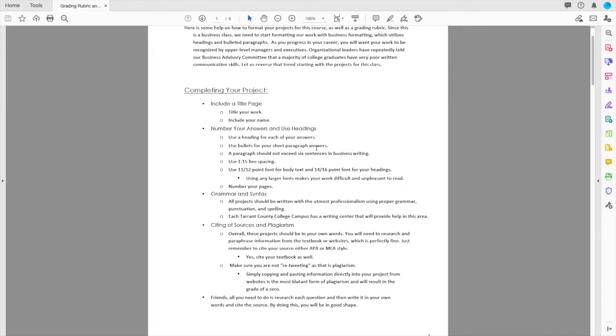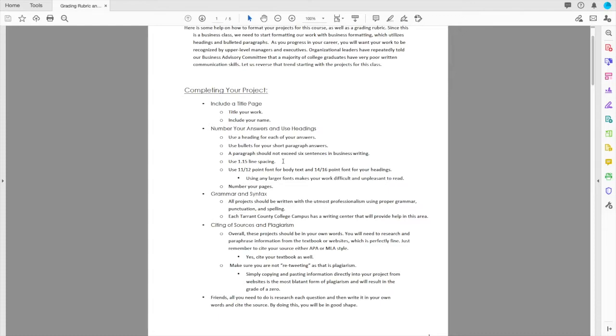We're trying to make it easy to read and easy for anyone to gain the information that you are trying to present. We do not use double space. Please do not send me a double-spaced paper project. I think the best is to use a 1.15 spacing. Now you can use 1 to 1.5, but I have seen time and time again the 1.15 is a really